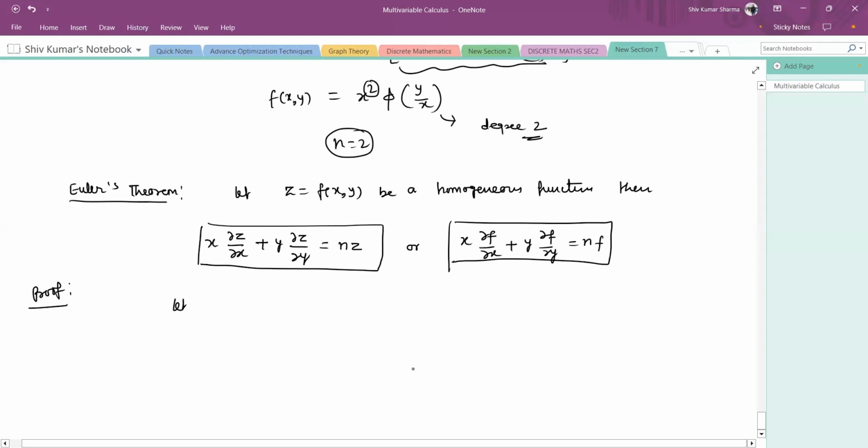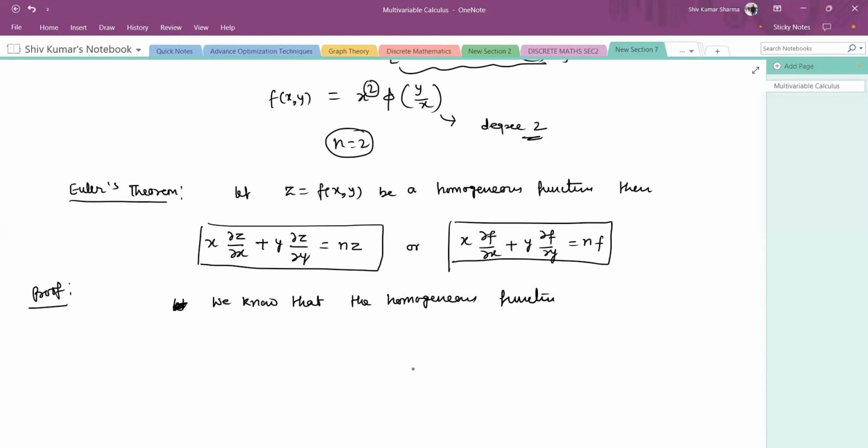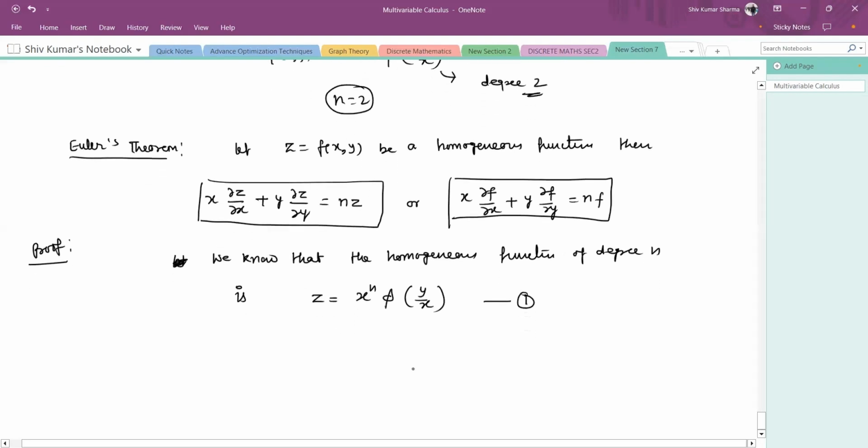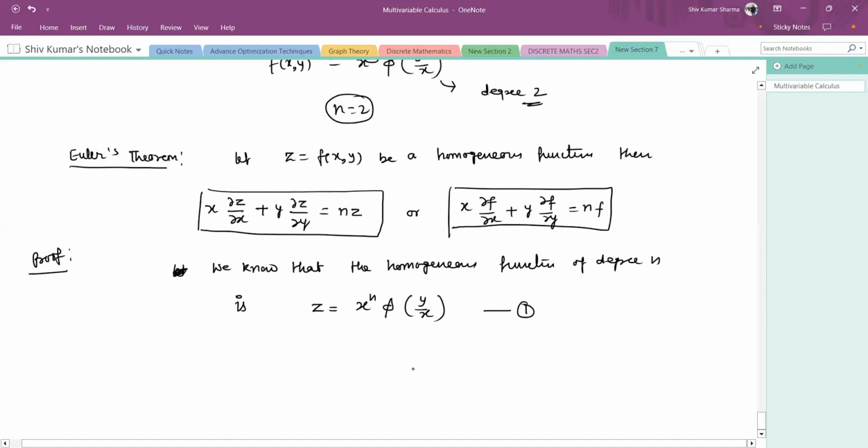Directly we write down, we know that the general form of a homogeneous function of degree n is z equal to x raised to the power n times a function of y upon x. So this is equation 1. So z equal to f(x, y), or f(x, y) equal to x raised to the power n